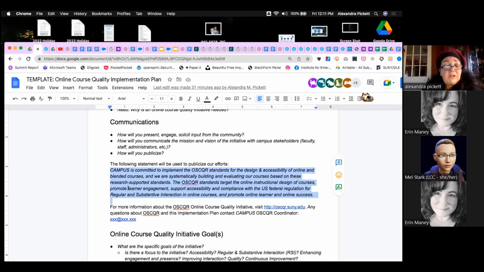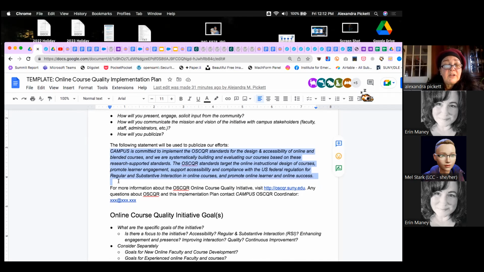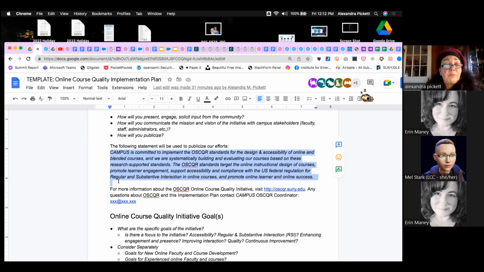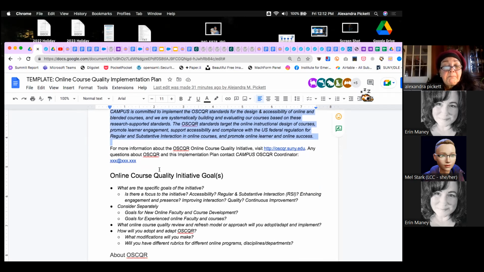You know, this is in italic. All of the stuff that's in italic you need to customize to your particular context. And obviously, if you're using other tools or an adapted OSCQR rubric, you can just frame that however you like. So again, boilerplate, if people are interested in more information about OSCQR, they can go to that link, and then you would put in